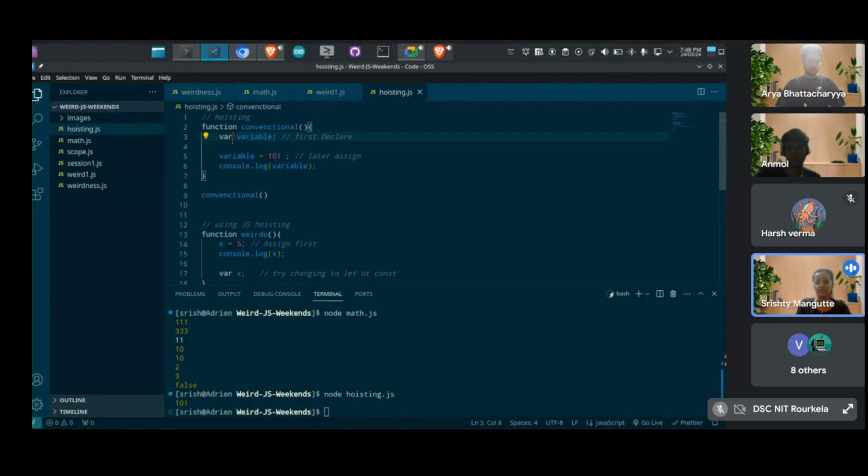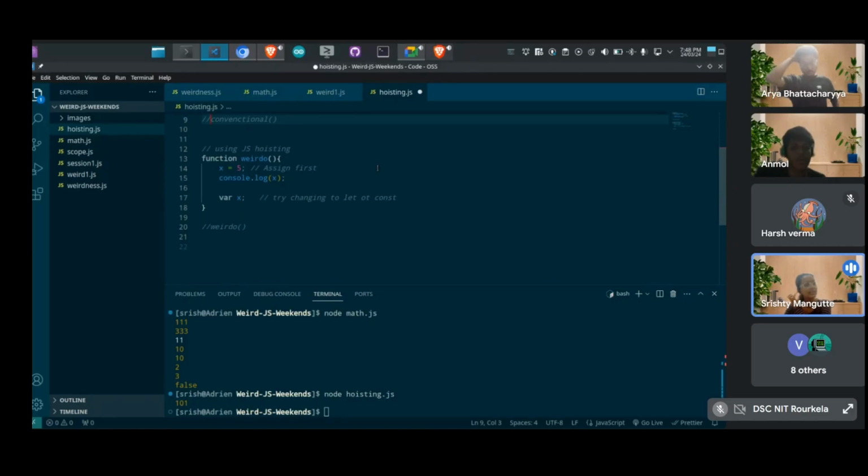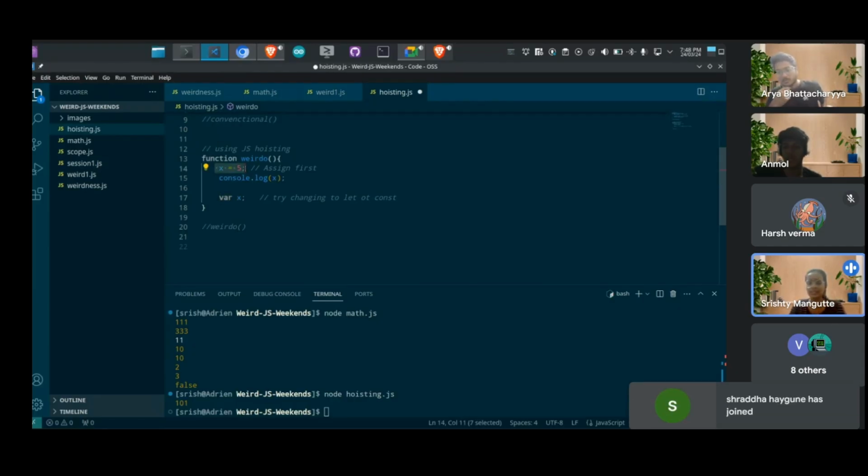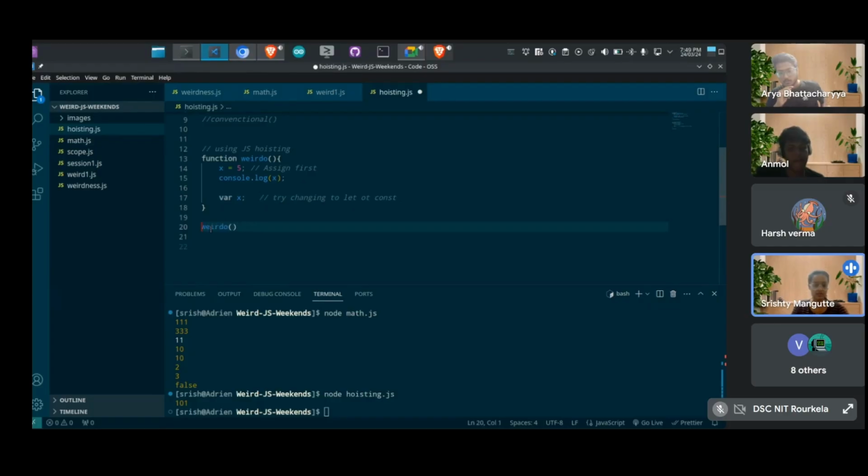As in every language, like C, C++ and any other, first we declared the variable, then assigned the value, and now if we try to print it, it gives us the actual value, which is 101. Now, what is hoisting? In JavaScript, there are cases where you can assign the value first and declare it later. There is no point in assigning a value to something which has not been declared, right? But we assigned a value to x. x has not been declared yet. It is declared at the end of the function. Let's run this function. What do you think it will be? Will it give any error or anything?